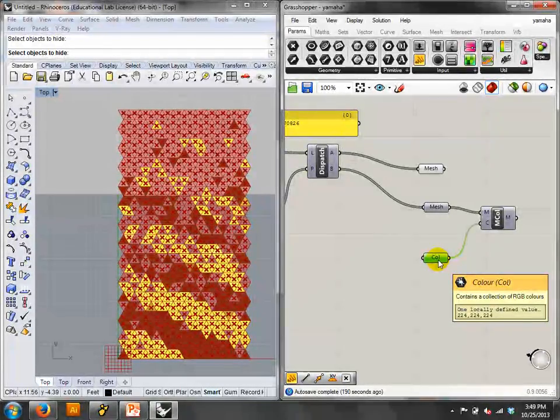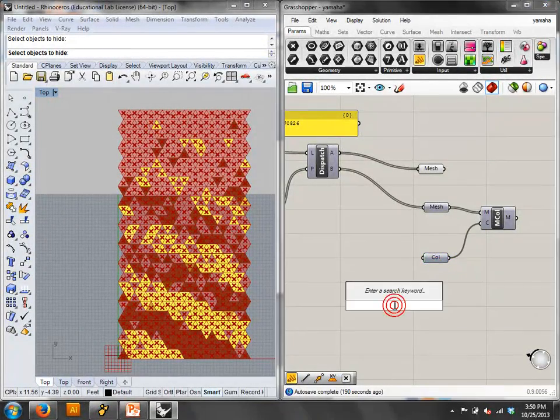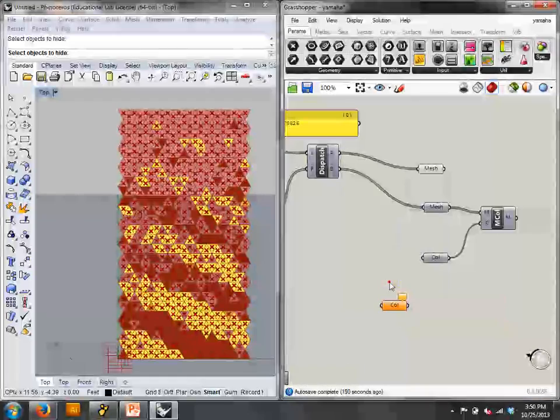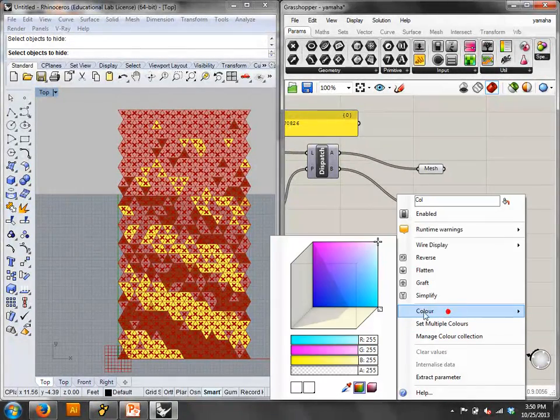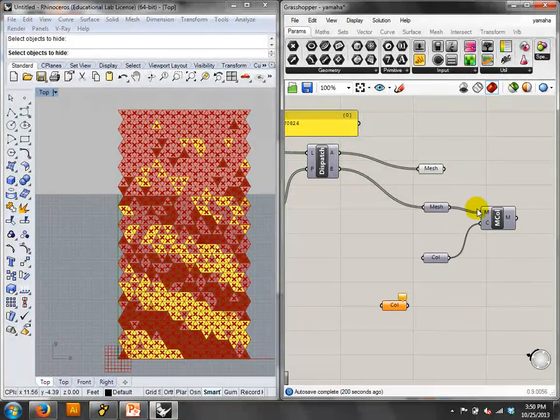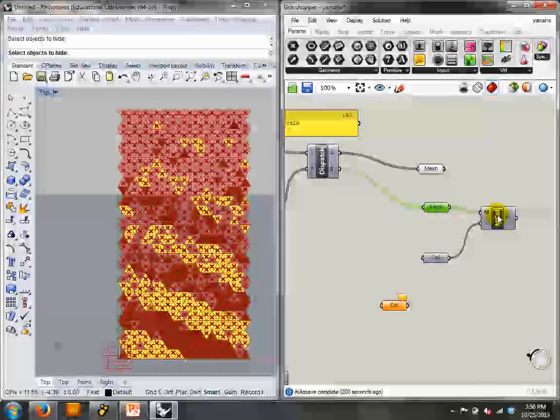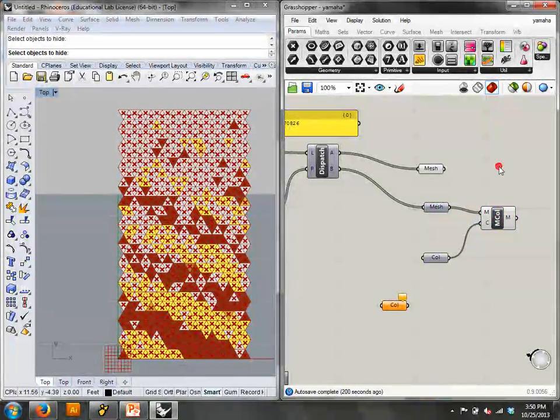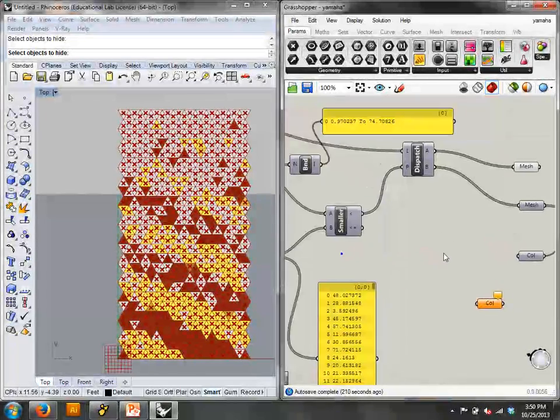You can make a color component. So if I actually drop a color, these little black checker things, right? I can right click it and I can actually set the color. You have a little color picker. So that becomes a little paint chip. Plug that color in for the mesh. So now I've got this mesh and now it's white. And if I turn this on, I get the facade. Okay. And just to prove my point,